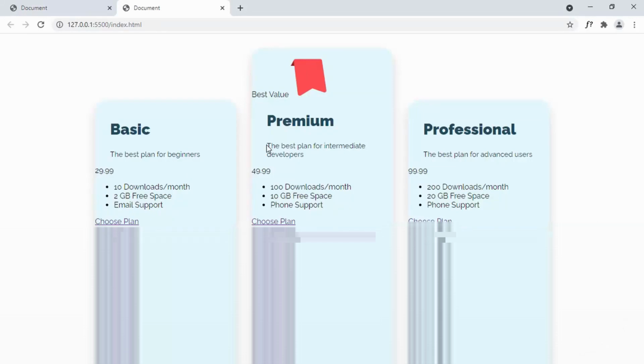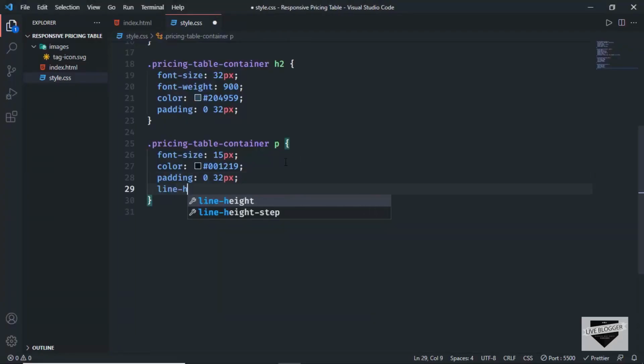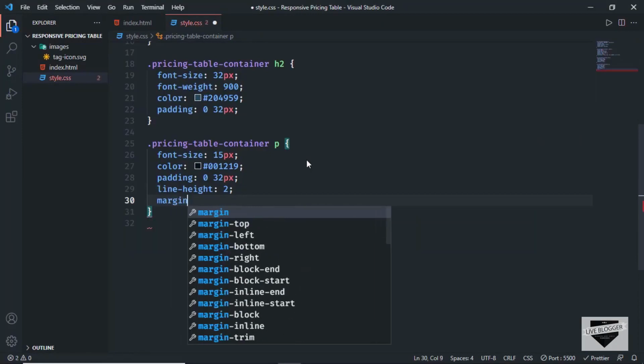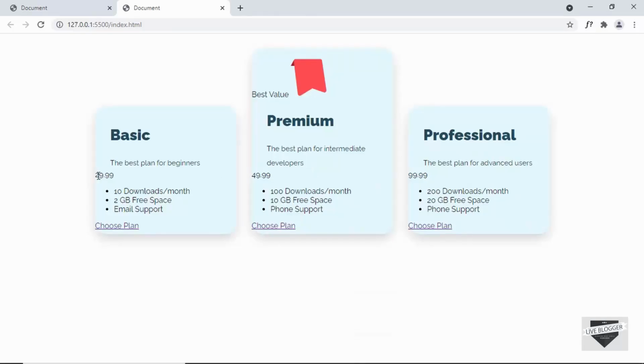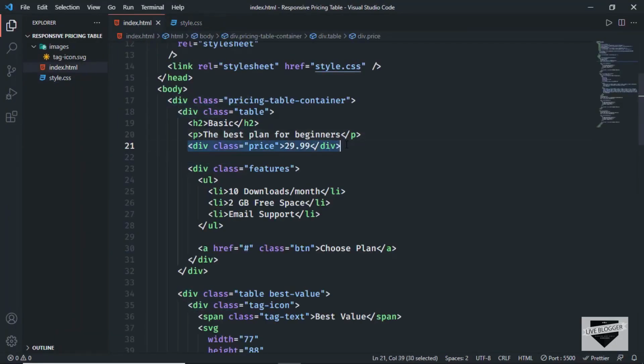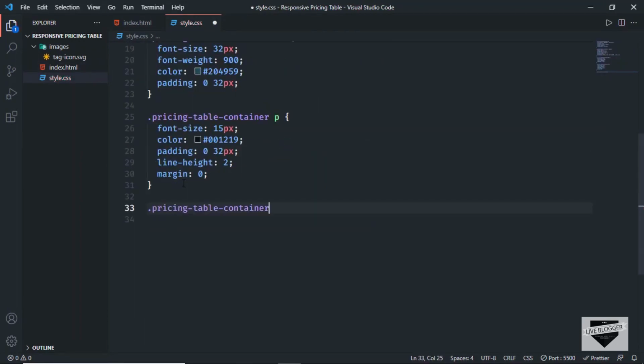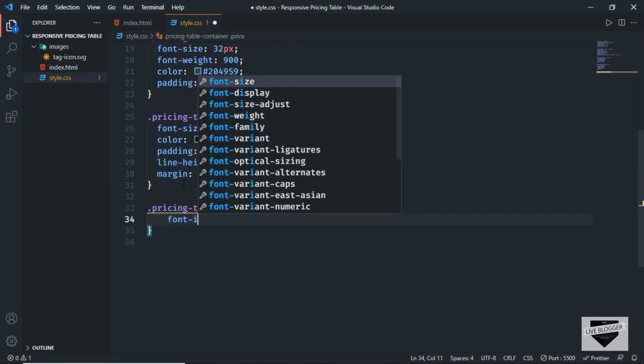Now let's increase the line height of this paragraph. So here I'll just type line height and we will set it to 2, and we'll also remove the default margin. So I'll just type margin and set it to 0. Alright, now the next thing we will style is this price. So if you go back to our HTML, we have this division with the class of price. So let's target that. So here just type pricing table container price, and let's set the font size to 70